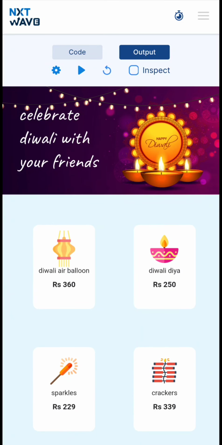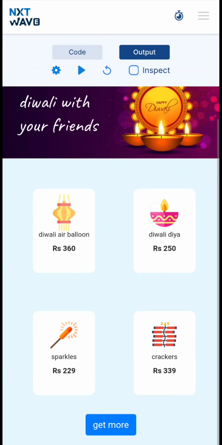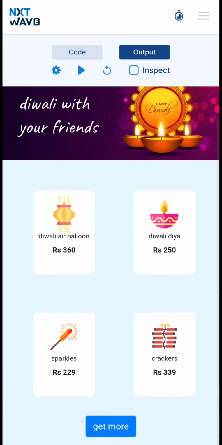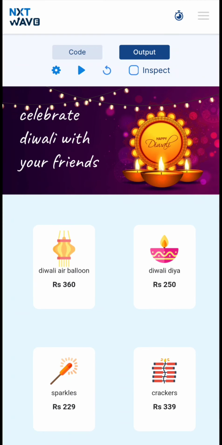Whenever we want to create something or build something, we need to break it into small parts. Then it makes our work easier and faster. In this page, we can see a top section and bottom section. The image and heading on it is one part, and then the cards on the bottom is one part. Firstly, we will take the top section.